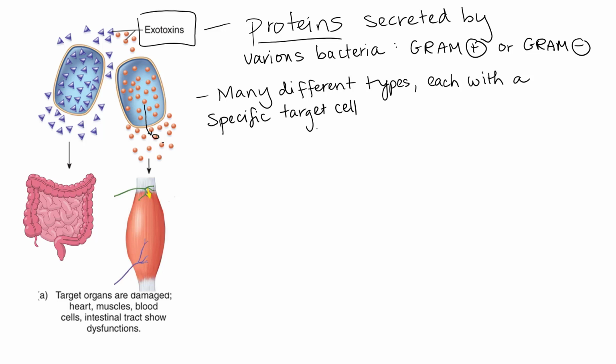And so these little circles represent one type of exotoxin. And look at its target organ. Its target organ is actually this muscle. Well, it's actually the motor neurons that control muscle contraction, as one example. So the example of this one here in the picture is actually tetanus toxin. Tetanus toxin is a type of exotoxin. It's in a class of exotoxin we would call a neurotoxin because the target cell is a motor neuron,